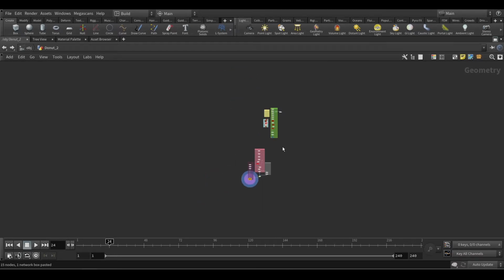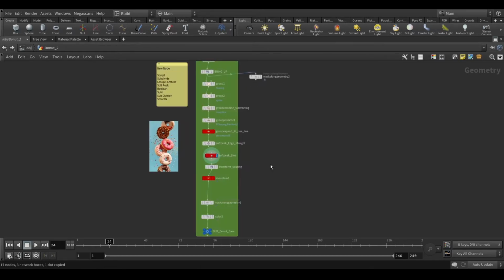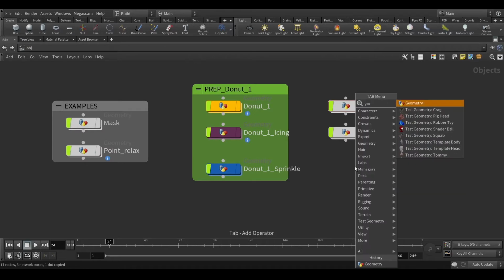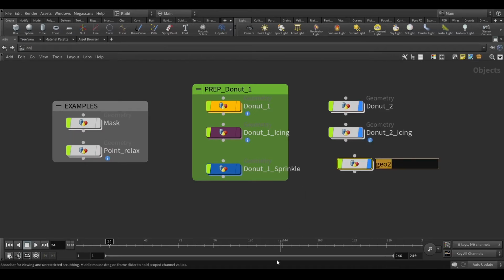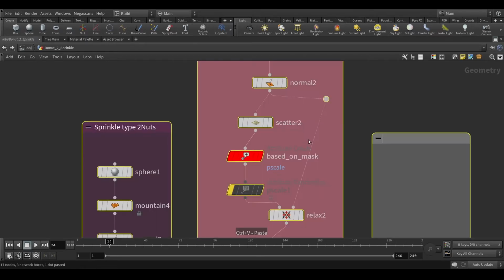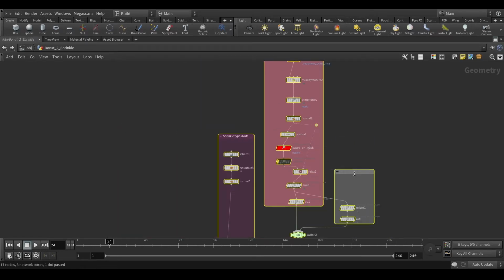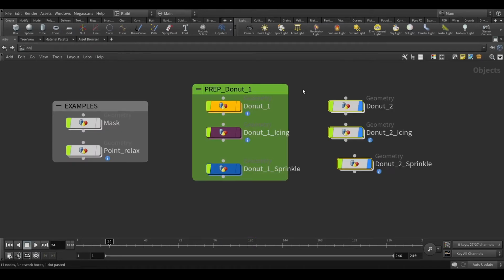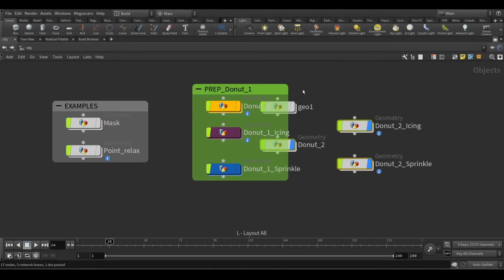So we bring the sprinkling, same method, Control X, you cut it. So now you have only the base in the donut. And I'll go back, I'll bring a new geo again, and I'll name it sprinkles, and I'll come inside and paste it. Right, so if you want to arrange, of course there's the L button,